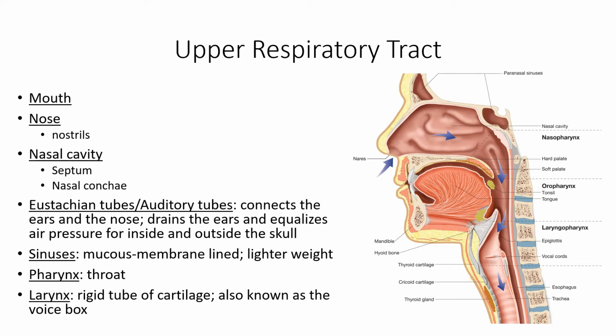Starting with the initial structure that you probably can visualize pretty easily, that is the mouth and the nose. Now do keep in mind that we have talked about a few of these structures already when it comes to lab. So the nose is going to have two nostrils, or external nares. We do have the nasal cavity, which is going to be separated by the nasal septum and contain the nasal